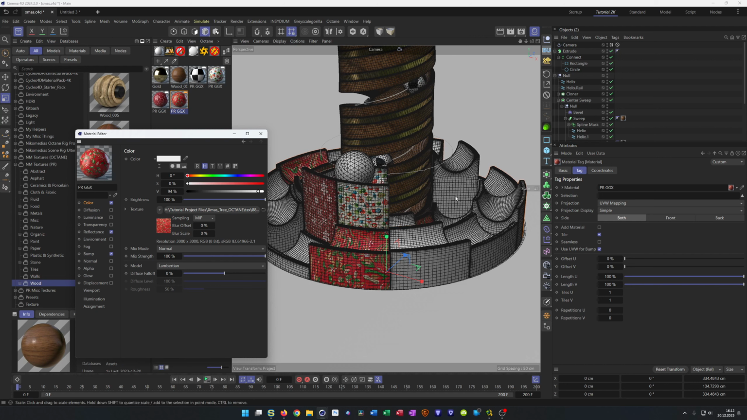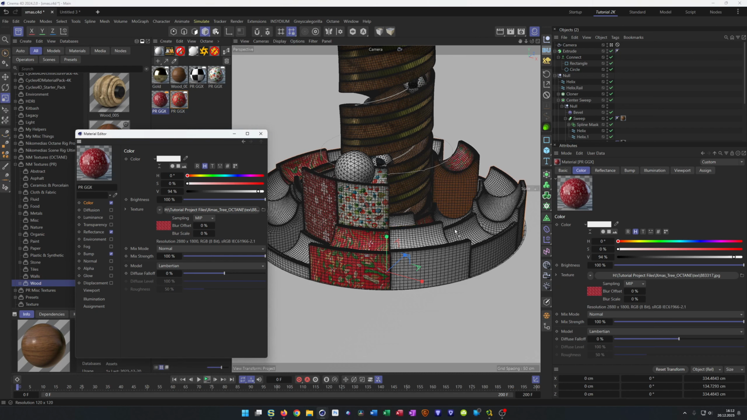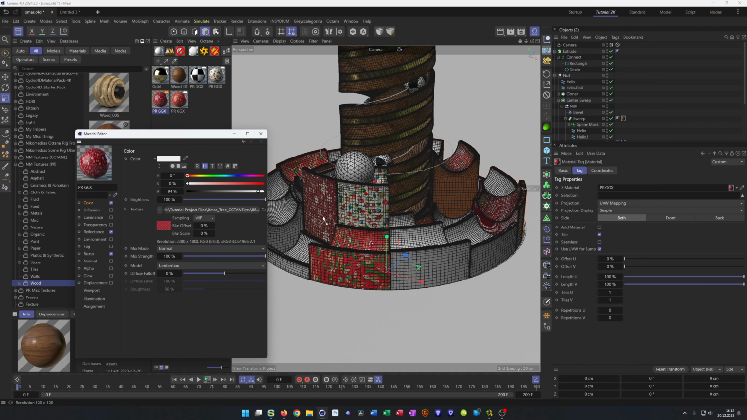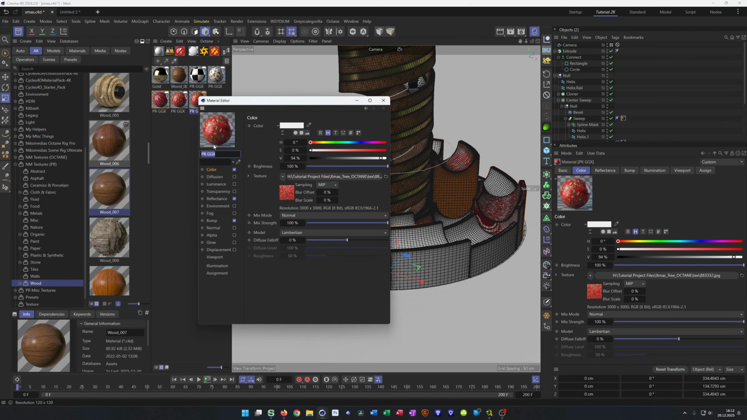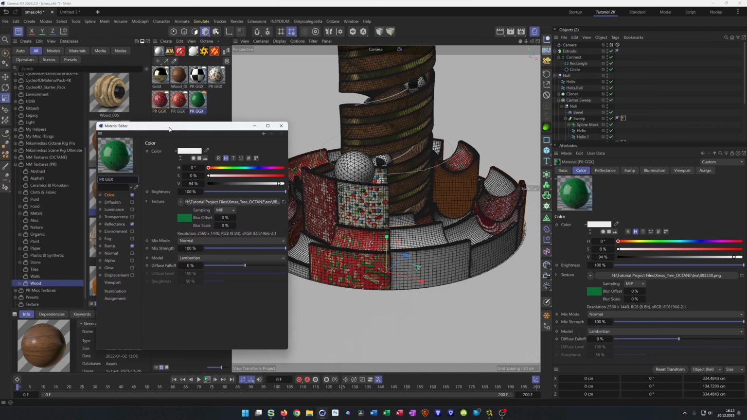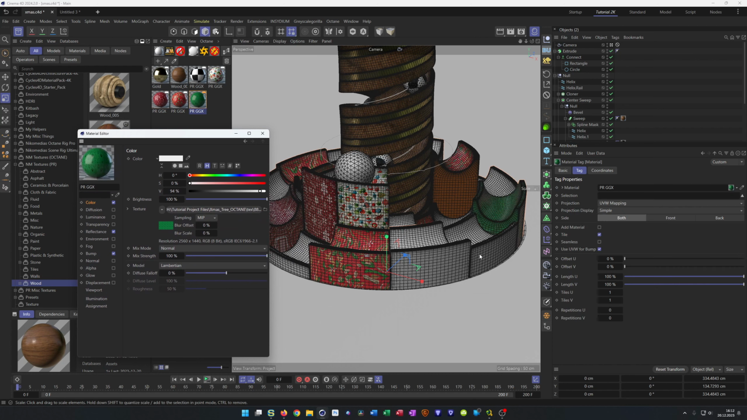So take some of them here. So let's make one more. And try again something. Again a red one. Green one. I'm not on top of this. So